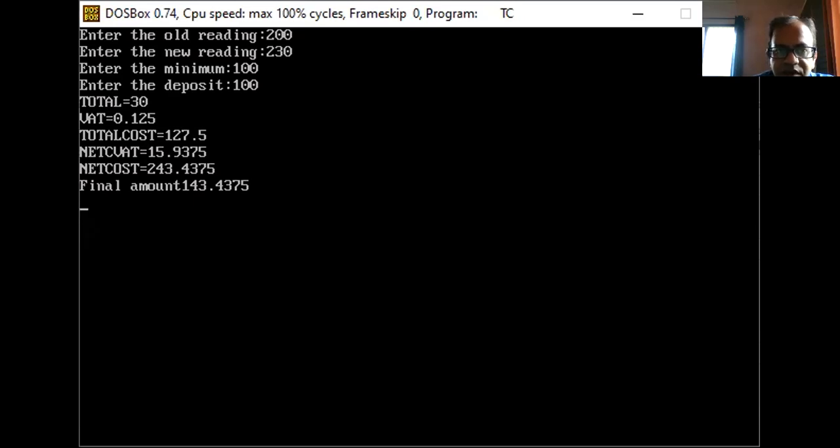So this is the program to calculate the consumption of electricity, and on the basis of conditions, how much amount you have to pay for the consumption of those units during your electricity use. This is the 9th program. We executed it with the logic as well as with the C++ editor, and we have got the same answers here. So we'll stop this. We will see other programs in the next class.